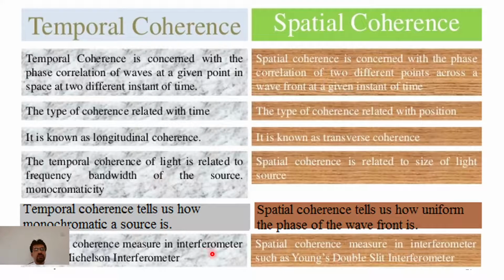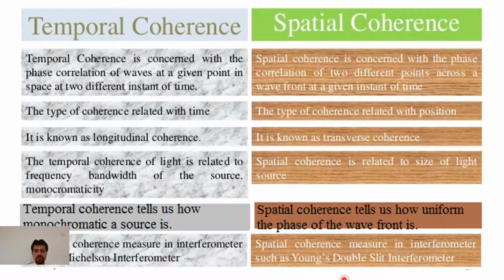coherence. The temporal coherence of the light is related to the frequency bandwidth of the source, and it maintains the monochromaticity, while the spatial coherence is related to the size of the light source. The temporal coherence tells us how monochromatic a source is, while the spatial coherence tells us how uniform the phase